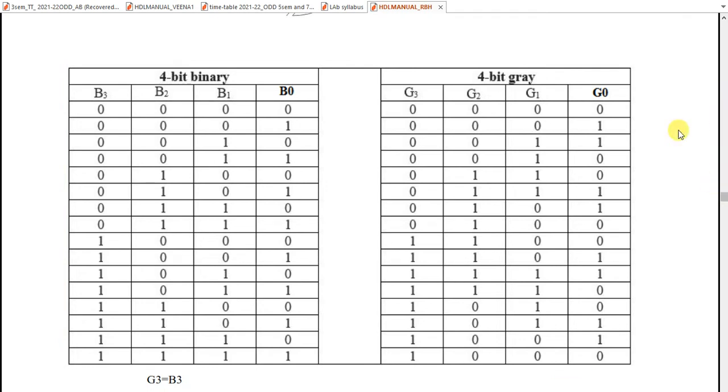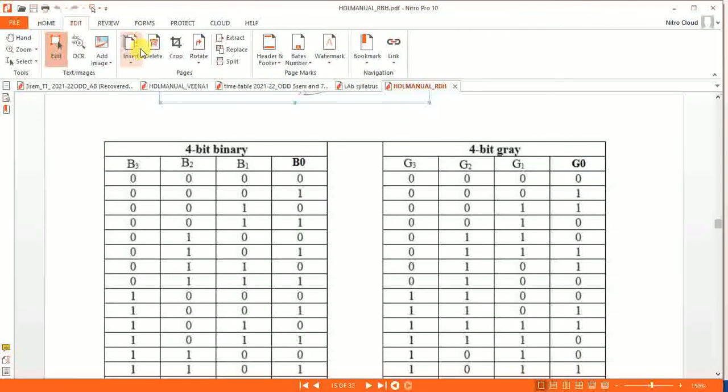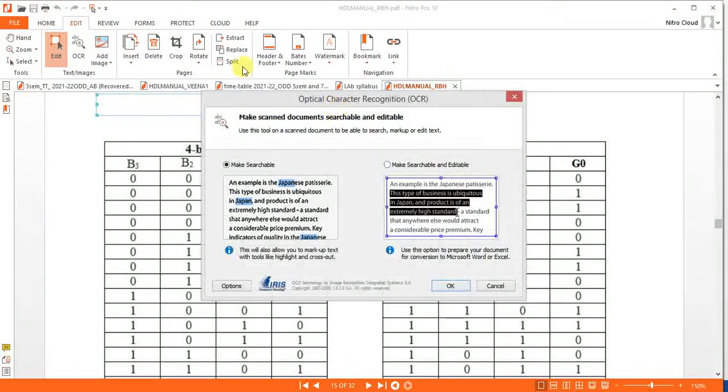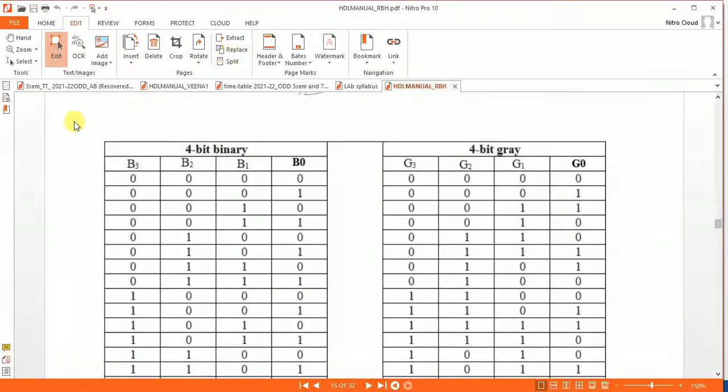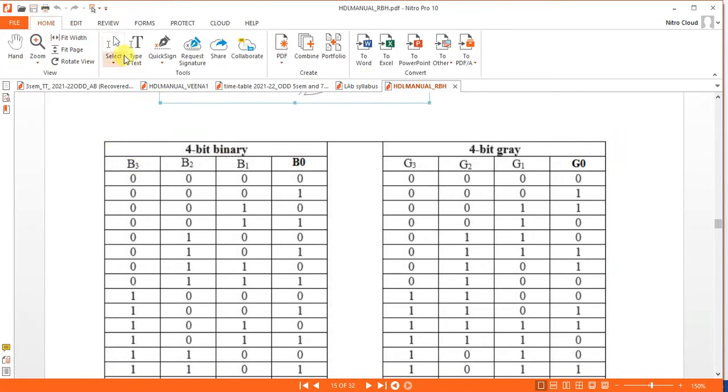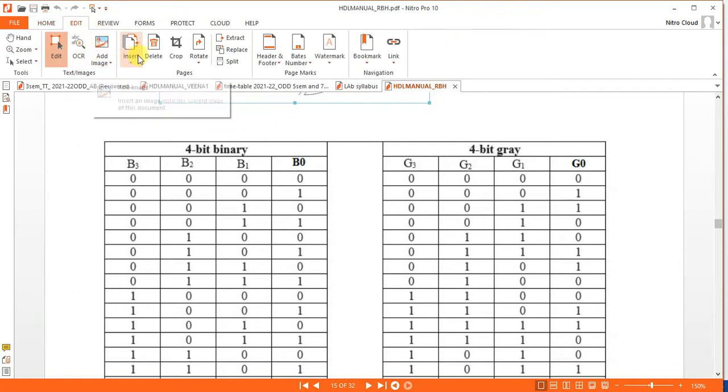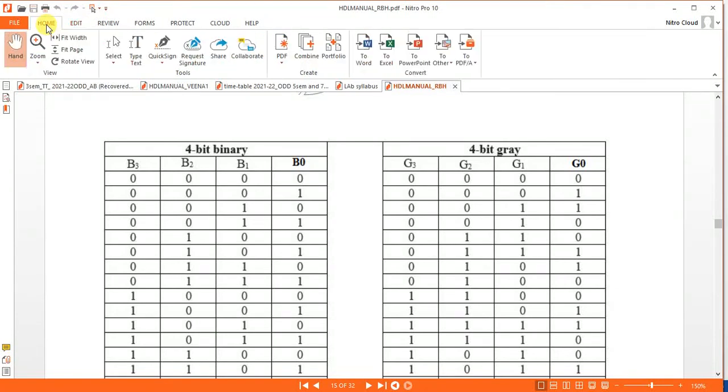Okay, so now you can see the difference between two successive bits here. You can see here.